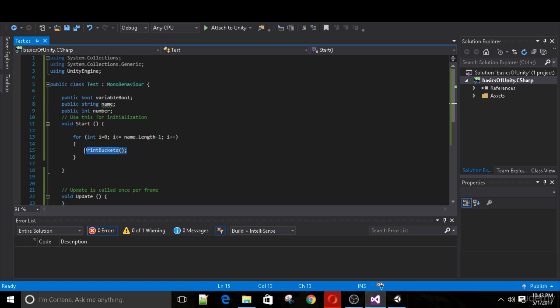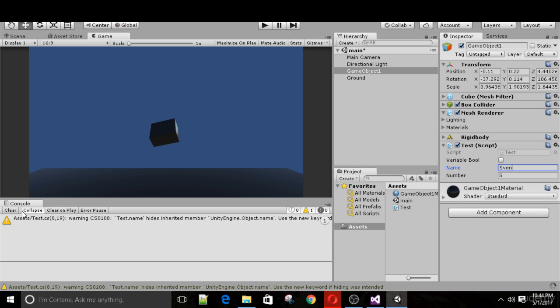And we can say number plus plus, and we can start by setting the number to be 0 up here in the start method. Don't set number to be equal to 0 in the for loop, because then it will always be set to 0. Now if we go back into Unity, make sure we set number to 0 also in here. And if we run,